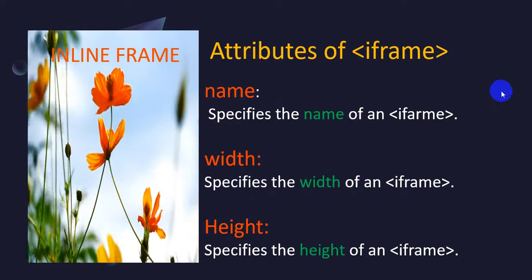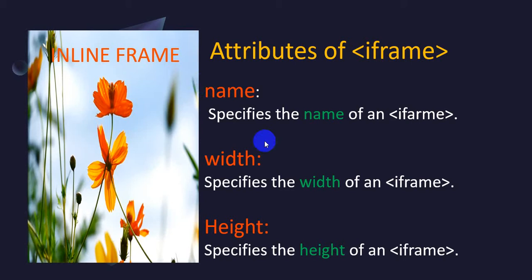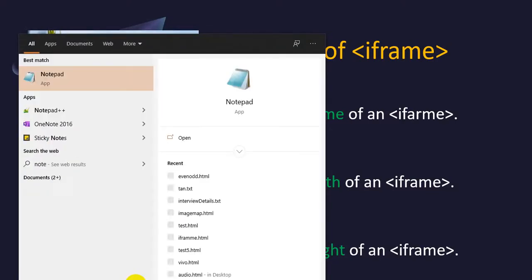Now we are moving towards our programming part, in which we will create a simple HTML page. After that we will use the iframe tag, and we will use attributes like src, and we will pass a certain page name or address of the page, and we will display the iframe, and I will show you how we can use the srcdoc attribute. So I am moving towards my notepad application, in which I will write HTML5 code.